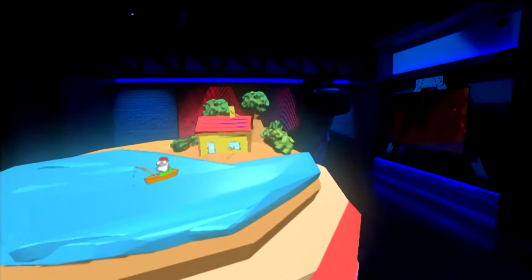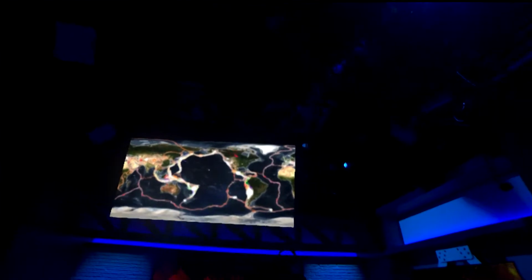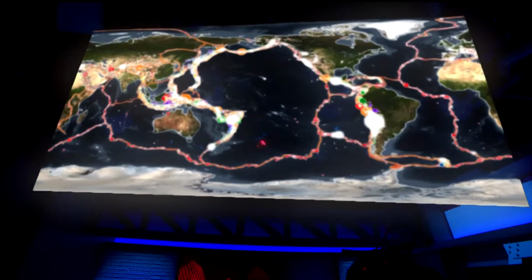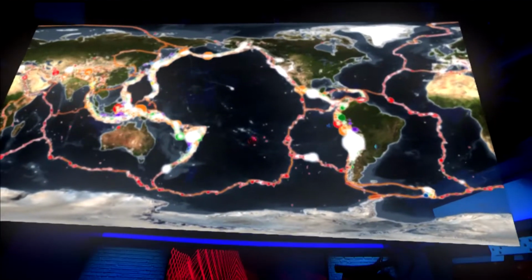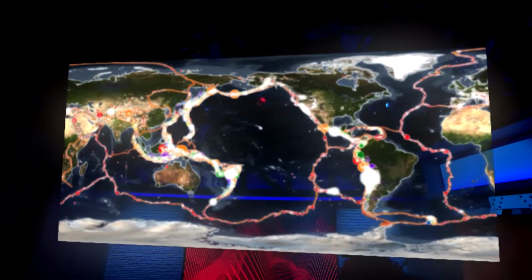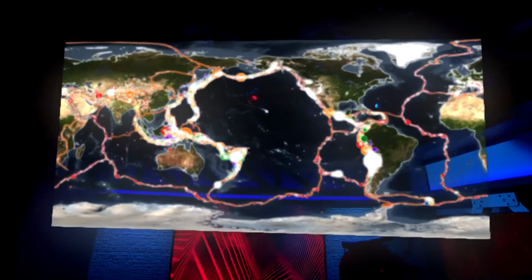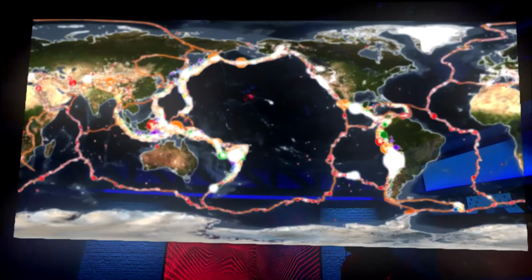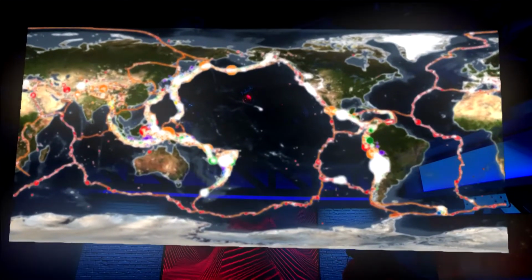Let's take a look now at the Earth rolled out flat, and you can see those tectonic plates and the areas of seismic activity around the edges of them. Earthquakes mainly happen along the breaks in the Earth's crust because the plates ride up against each other on that sea of hot rock. They can break or shift suddenly, sending out shock waves or earthquakes, which are actually incredibly